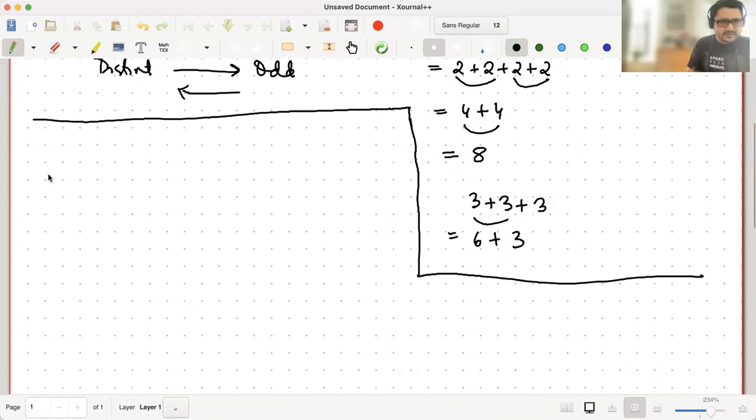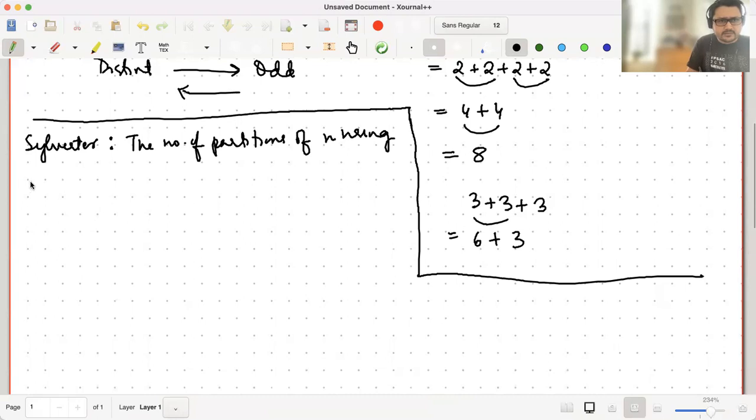So Sylvester's refinement says that the number of partitions of n using exactly k odd parts, and each of these may be repeated, equals